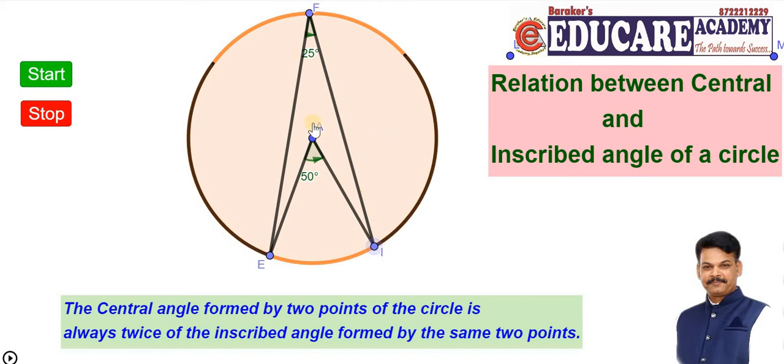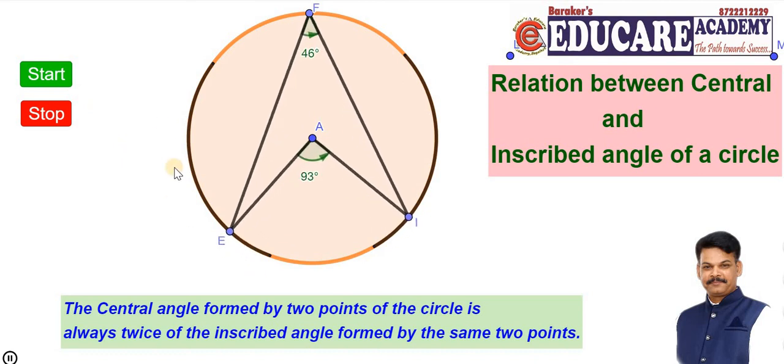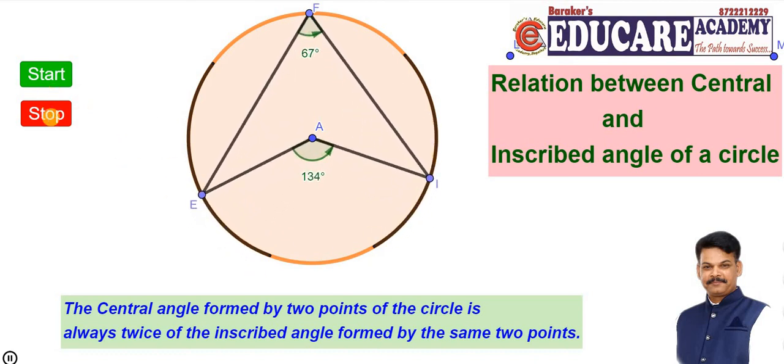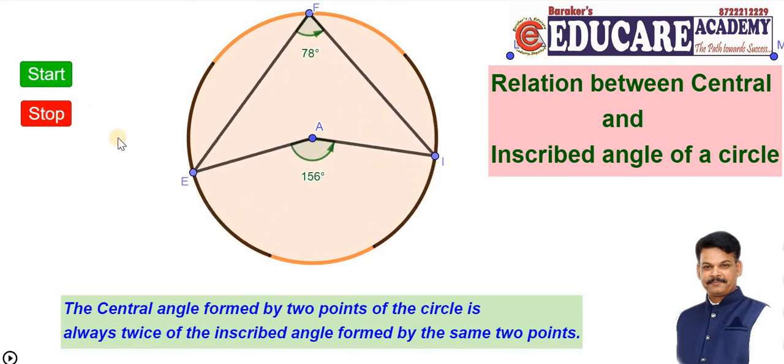Now let us see the same thing with the help of self-changing angles. Here I have created a command for this. So if I start this, then automatically the central angle keeps increasing. Okay, so we can stop it at any instant of time. See, observe it carefully. Here the central angle is changing, so according to that the inscribed angle is also changing. I have stopped the animation now.